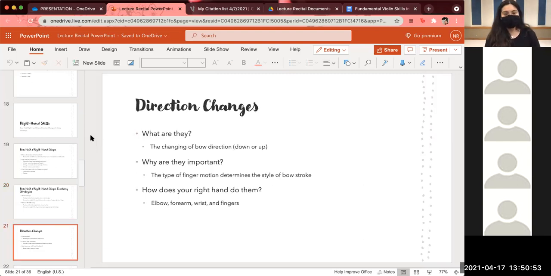Direction changes. So what are they? Well, they are the changing of the bow on the string, either from down bow to up bow. Why are they important? Well, the type of finger motion determines the style of the bow stroke, as well as the tone quality of the sound. And to do them,